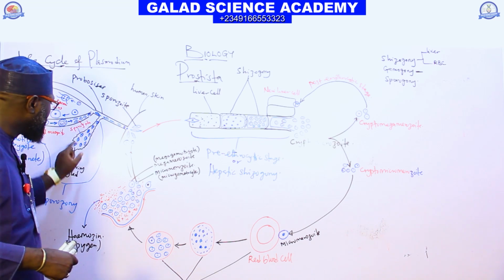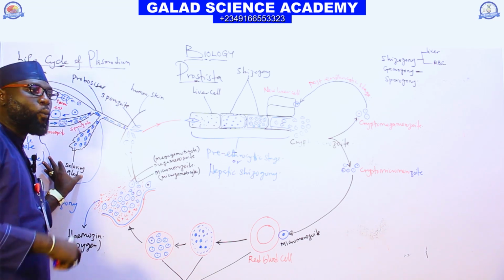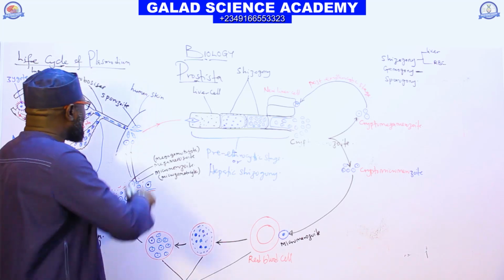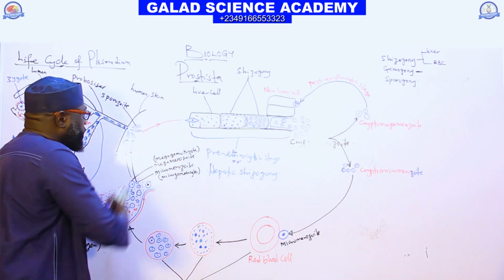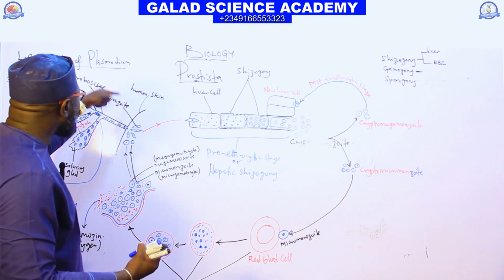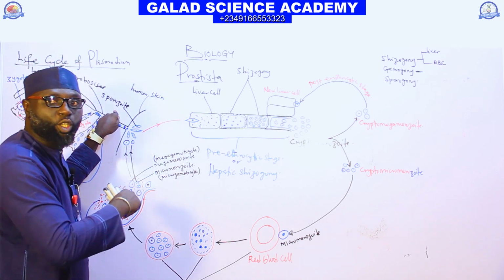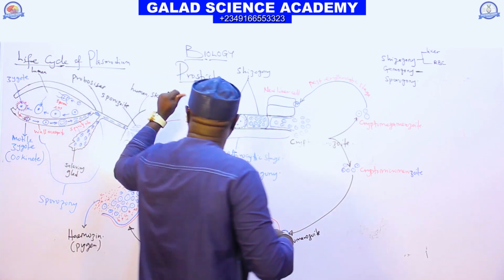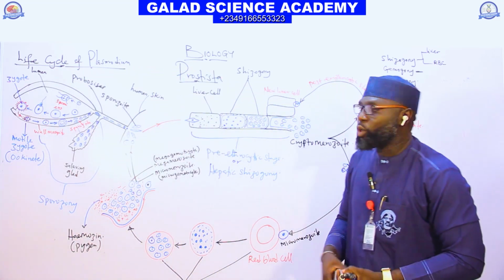The sporozoites now move into the salivary gland and stay there. Whenever the infected mosquito tries to bite the skin of a human, it will release the sporozoite into the skin. The sporozoite is the infective stage of the mosquito, and it will move into the liver in order to initiate the